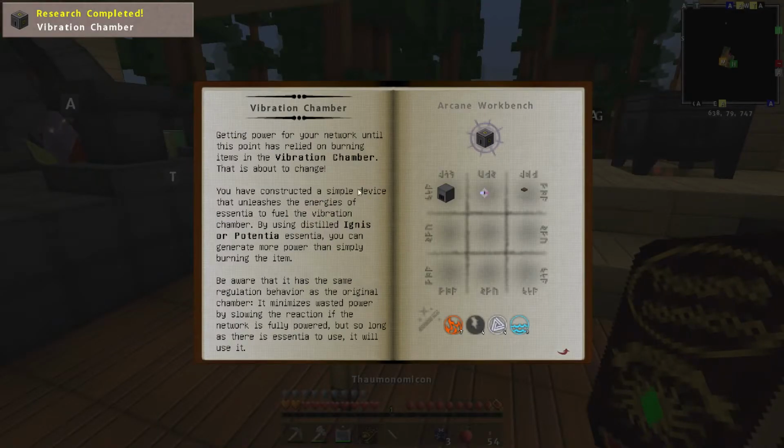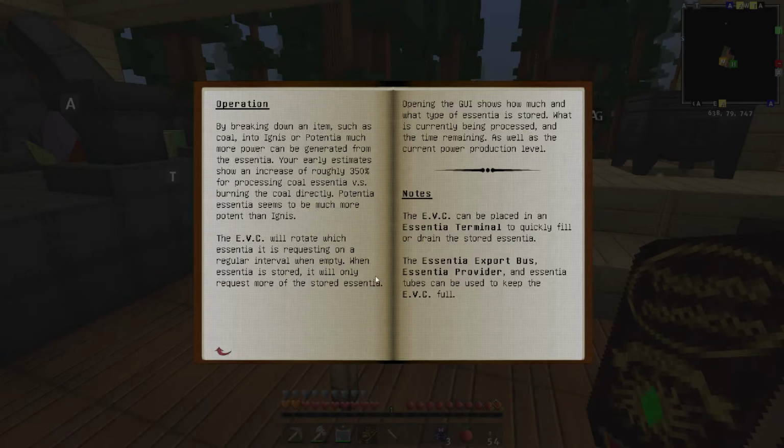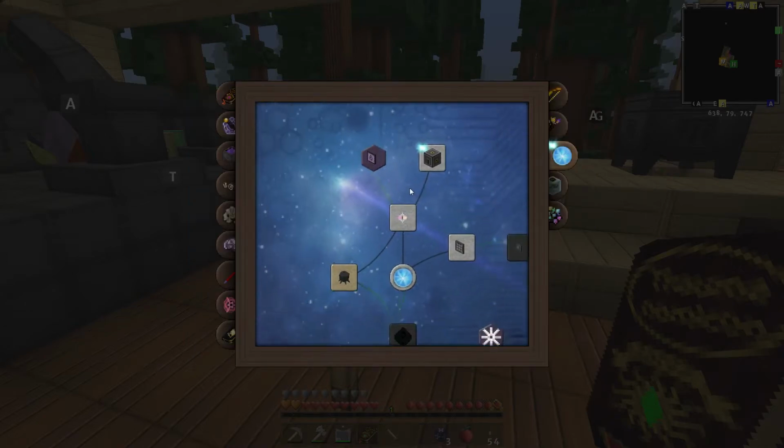So what does the vibration chamber do? Getting power for your network until this point has relied upon burning items in the vibration chamber. This is about to change. You have constructed a simple device that unleashes the energies of Essentia to fuel the vibration chamber. By using distilled ignis or potential Essentia, you can generate more power than simply burning an item. Okay, I don't think we really need that as we've got plenty of power already, but